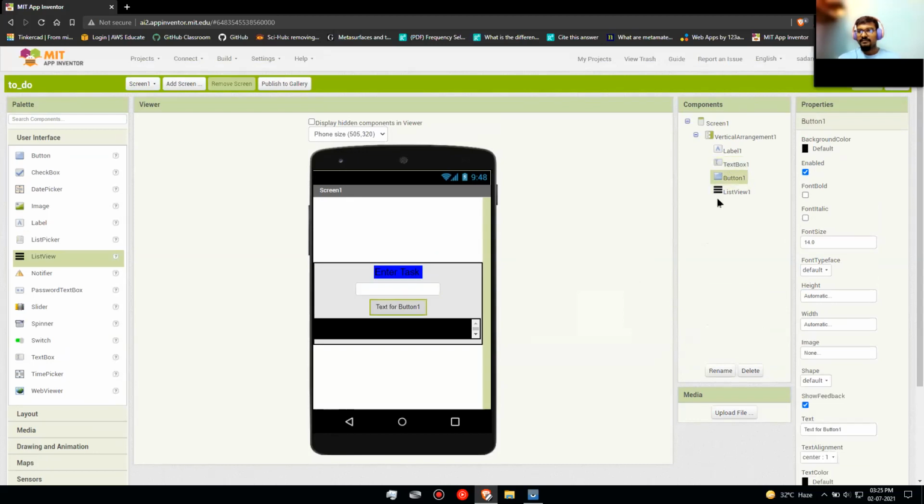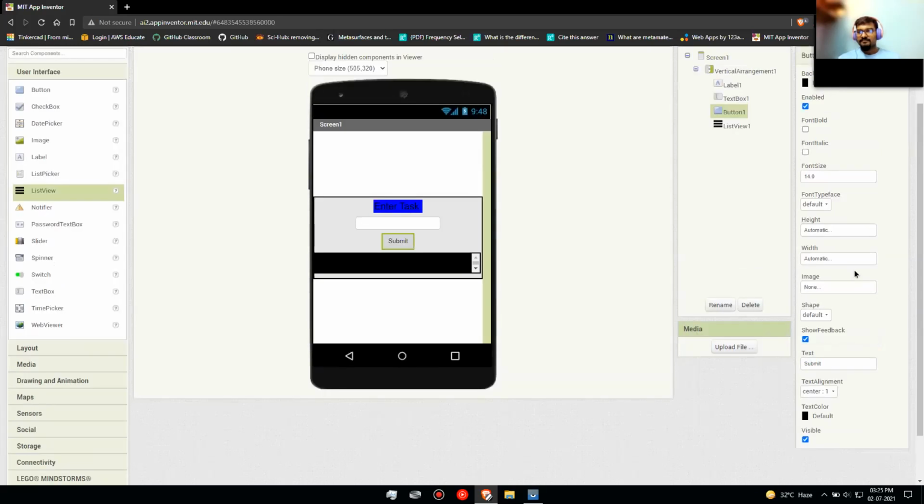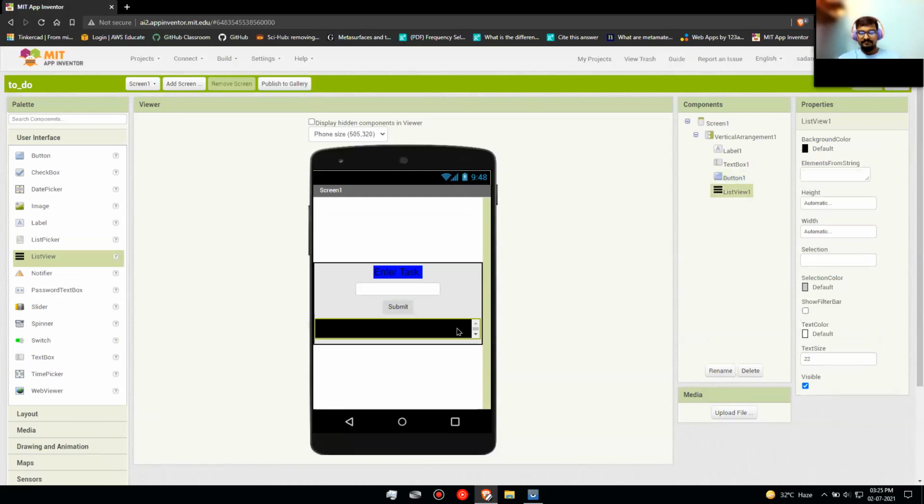Now we have to go to the button. So click on the button and then again go to text and replace it with submit or add item, to add any task or submit any task. So has everyone reached till here?